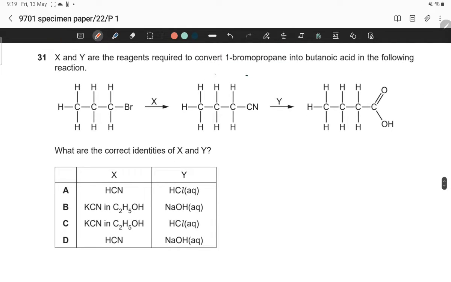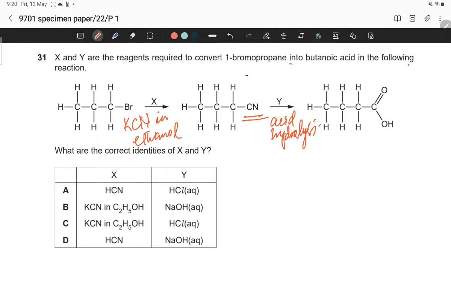X and Y are reagents required to convert 1-bromopropane into butanoic acid in the following reaction. Okay. Br, X, CN, Y. X must be KCN in ethanol and Y is the hydrolysis of CN. This is acid hydrolysis,